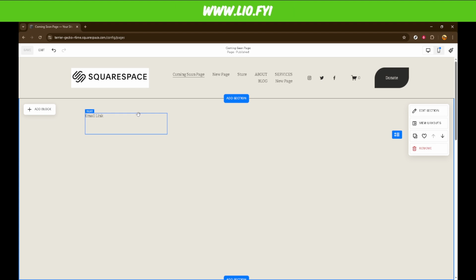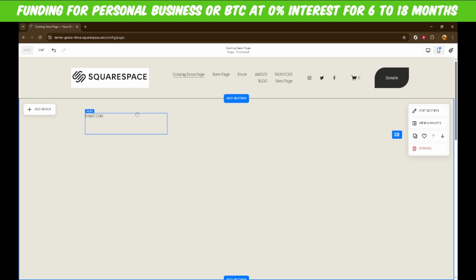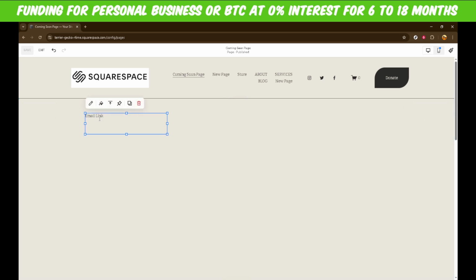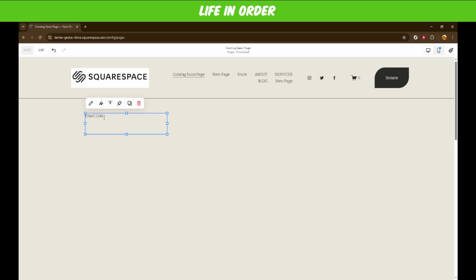Begin by opening your web browser and navigating to your Squarespace website editor. This is where you'll have access to all the elements of your website. Once you're in, you'll see the layout of your pages. To start editing, click on the text to which you want to add the email link. This text could be anything from a call to action, like "Contact us," to a simple mention of an email